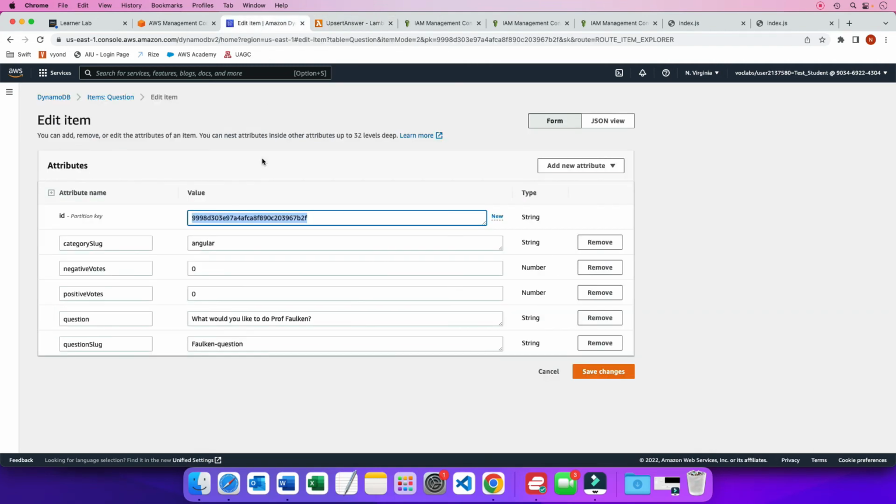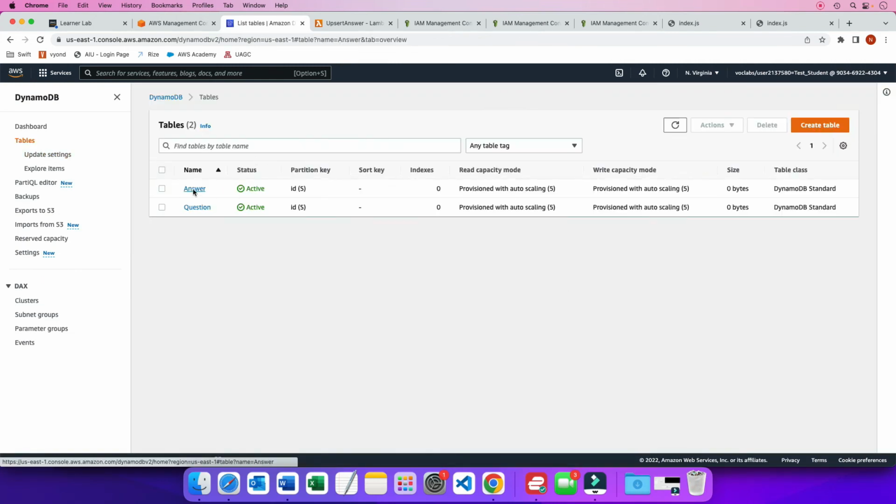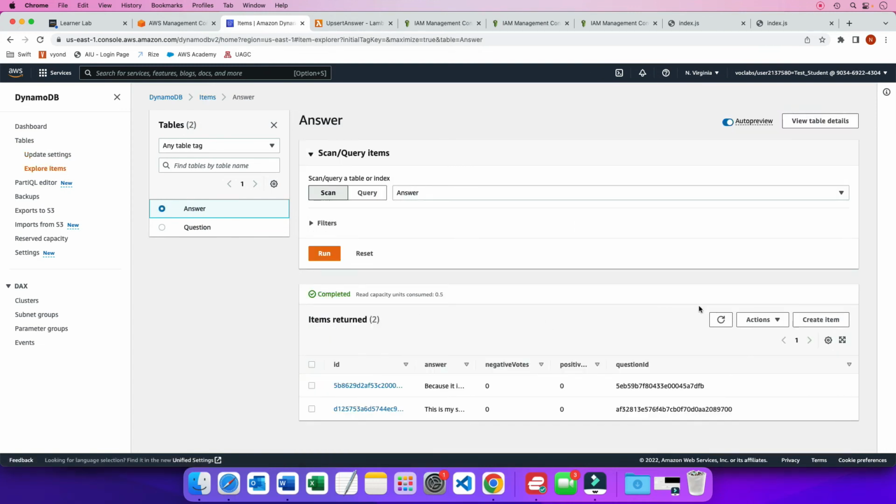So I go back to my DynamoDB, go to tables and answer, and explore table items, and I only have 2. And then if I refresh, and now I have 3, and here's my third item that I just added. Okay, so again, this answer, sorry, it's an answer, not a question. So this answer has a unique ID, but it also has a question ID that gets tied to a question in the question table. All right, so now we're able to insert a question, we're able to insert an answer,